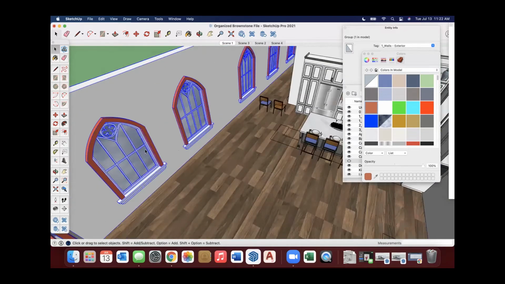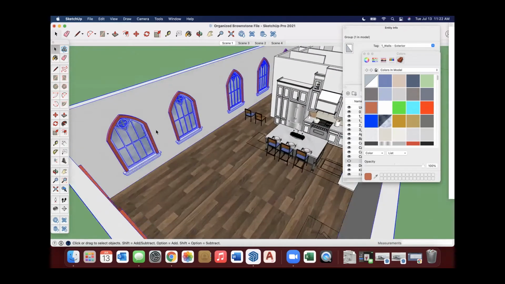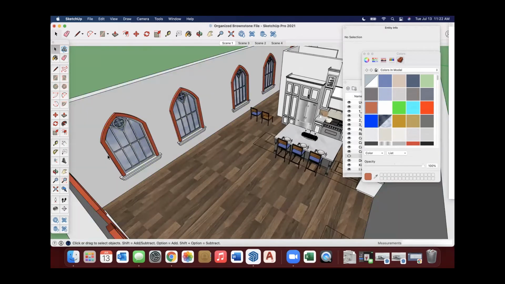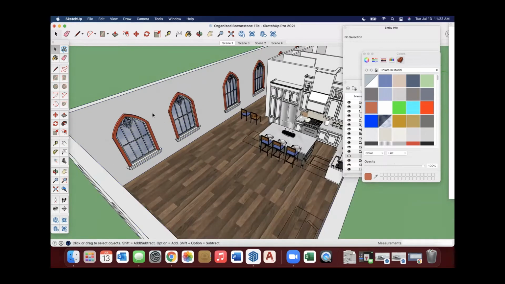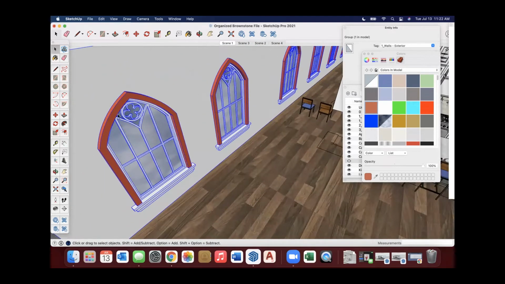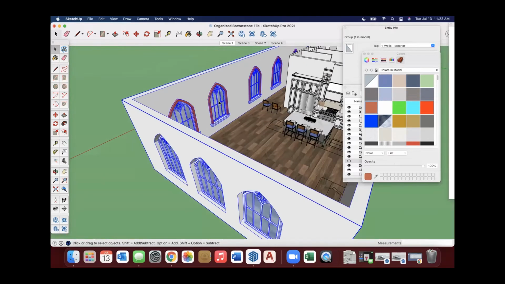And then if you want to be able to just click on one window and affect all of them in the sense that they're all selected, a lot of times we can group them, because now I can just go hide and it hides, it's grouped into the walls. So there's multiple layers to that. You can have groups within groups, just like this. The windows are a group within the wall group. But once we get far enough in, we can find out that the window itself is actually a component and go into that edit mode and affect that.